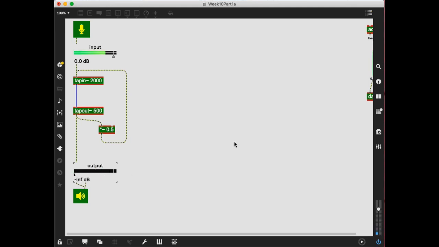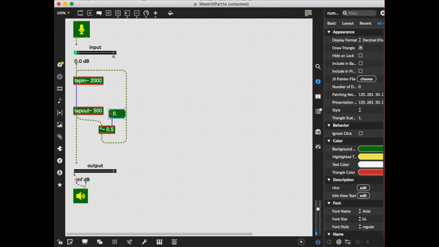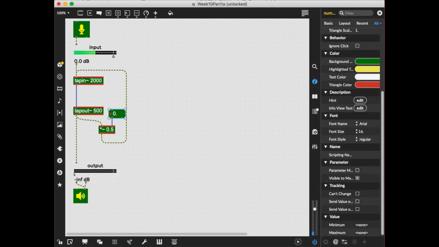Okay, so we could put a floating point box in here, and we could attach it into our multiply tilde. One of the things I'm going to do right away is go in and set my minimum value of that float box to 1 and my maximum value to, let's say,